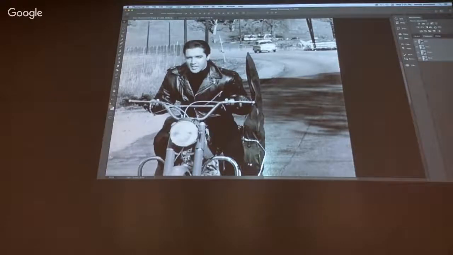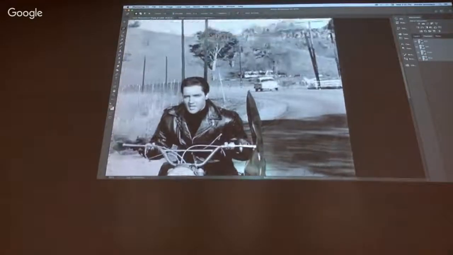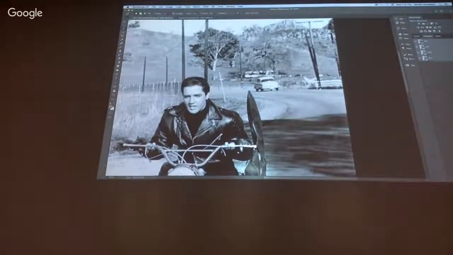Okay, so I want to use my magnetic lasso tool. It's one of my favorites because it works so well. We're going to go down and around the edges of Elvis and his guitar. I think I'll start right here, just where the telephone pole is behind his head. I'll click once right there and just work around